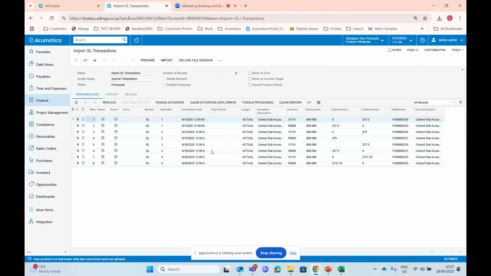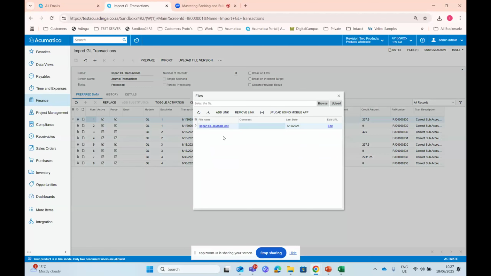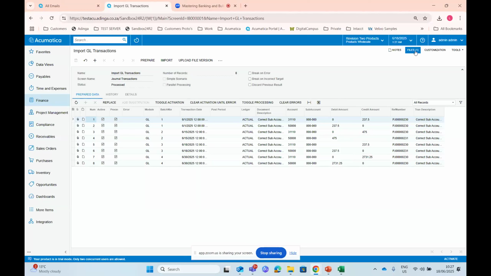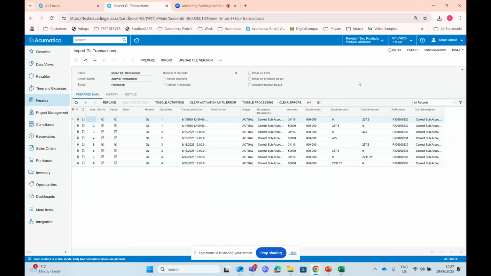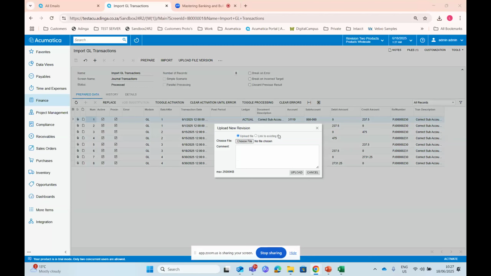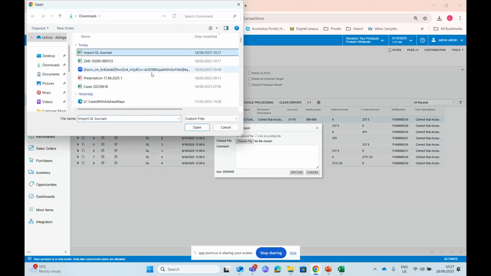I know a lot of people drag and drop the file in here, but doing that will just grow and grow this files list. So I tell people not to drag and drop the files up here, because you're just making this file bigger. It's not necessary. You have to click on upload file version and choose the file that you want to upload.